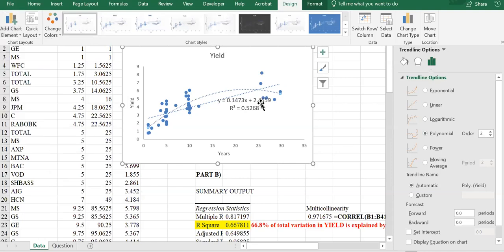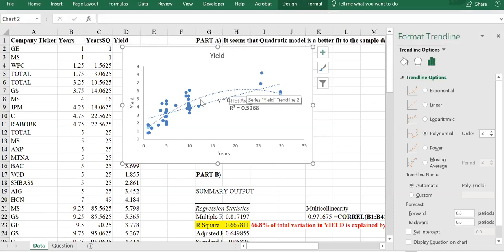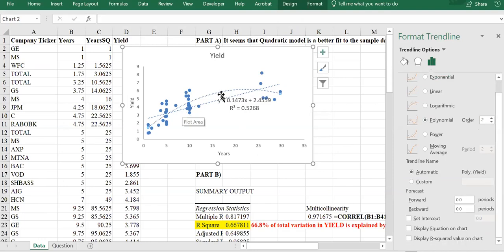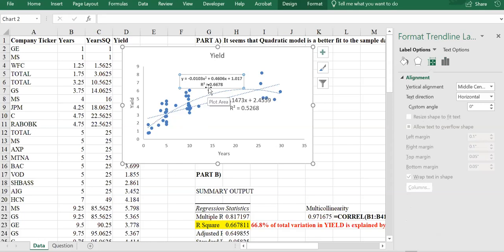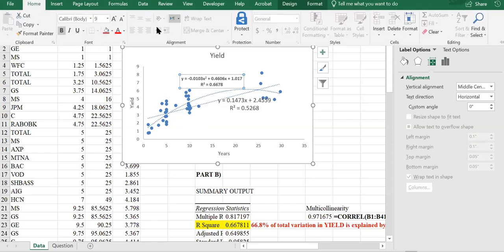so that's definitely how this works. But I'm just gonna make sure that I'm now clicking on my quadratic or polynomial with the second order, which is the same as quadratic regression, and make sure to display equation and display R squared on top of it. And I'm just gonna make it a little larger. All right, now